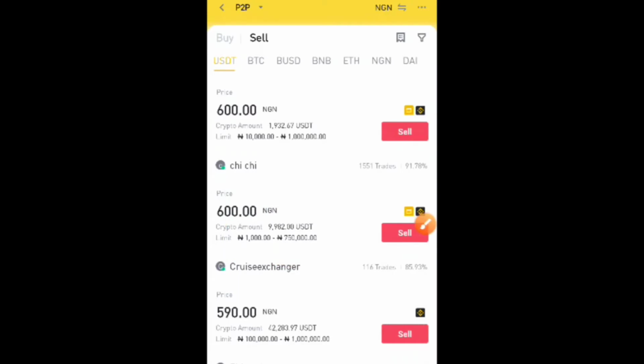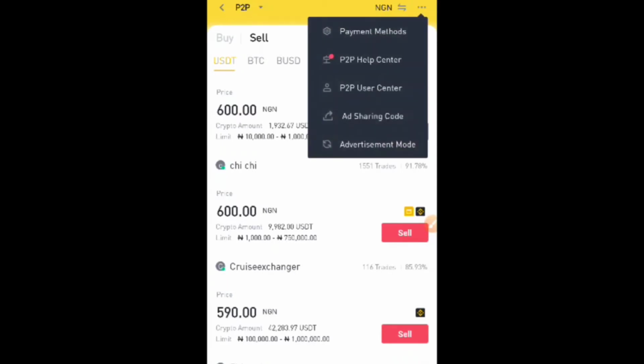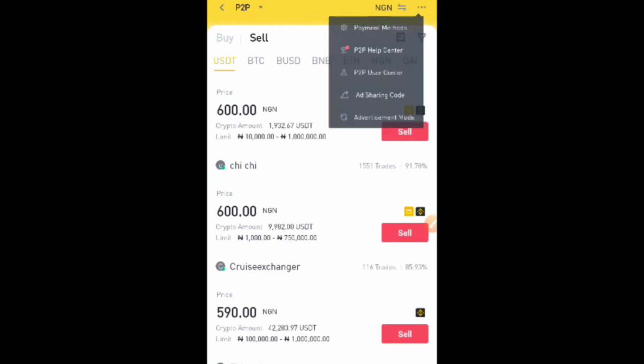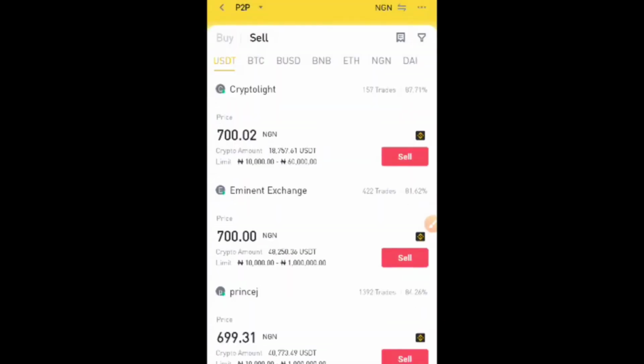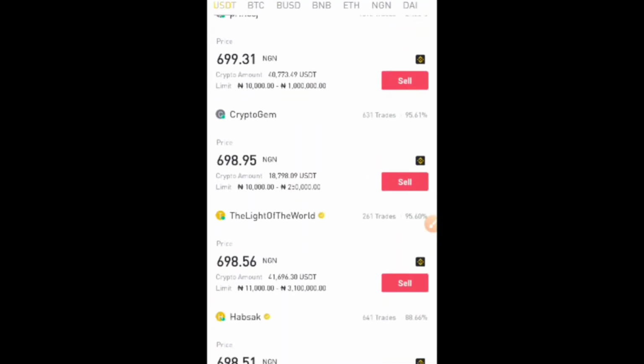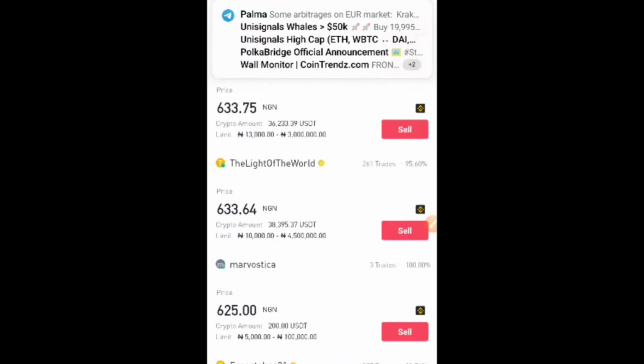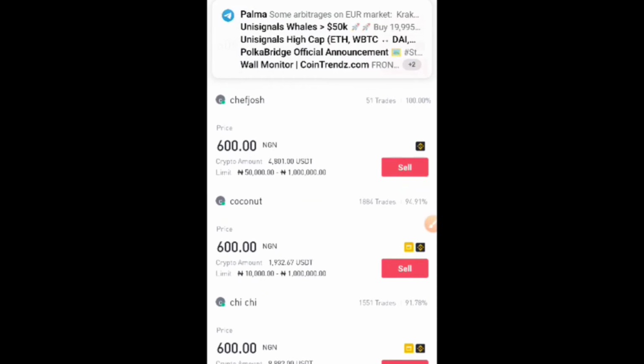Of course, before you start all this process, make sure that your account on Binance is verified, and that you've updated your payment method, which you do by coming here, clicking on payment method, and adding your payment method, your bank account and all that. So the person we are using, see, so now we have